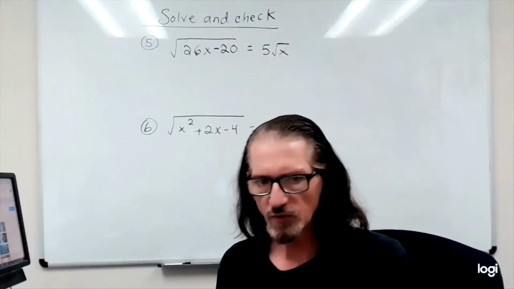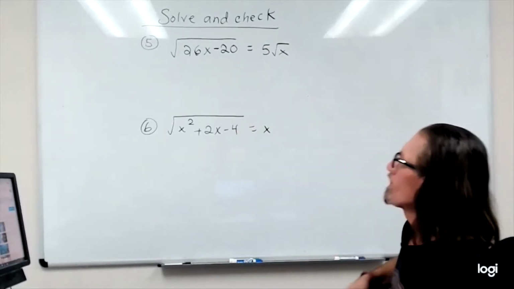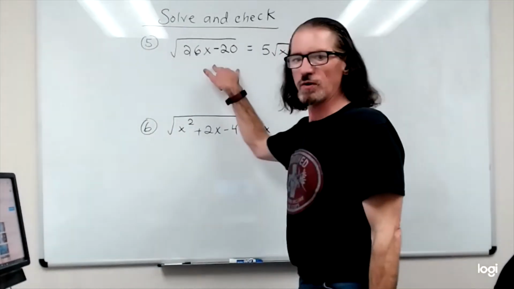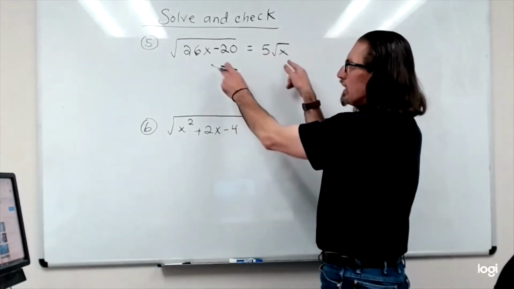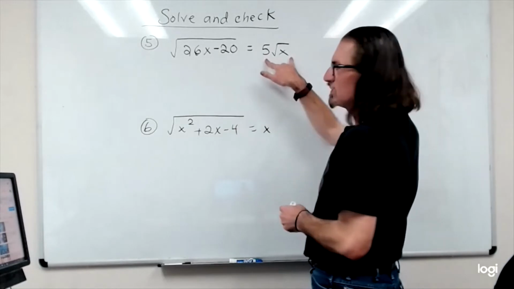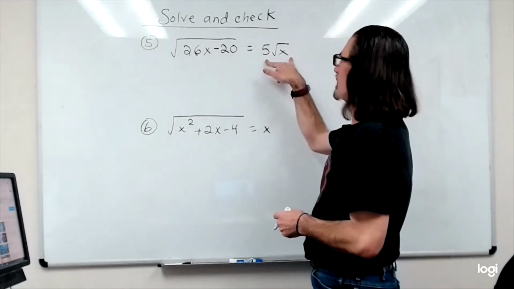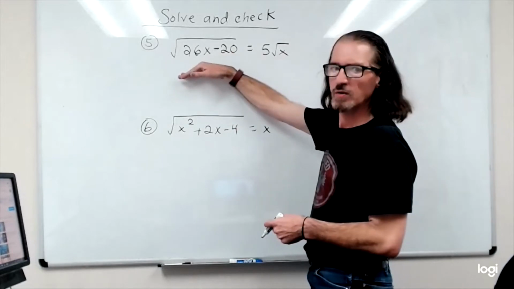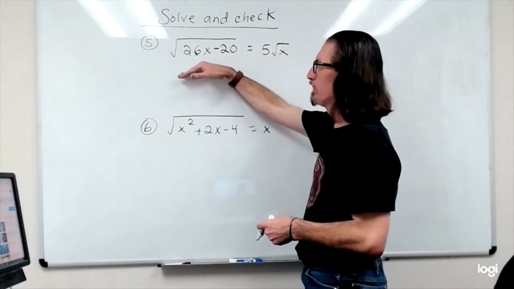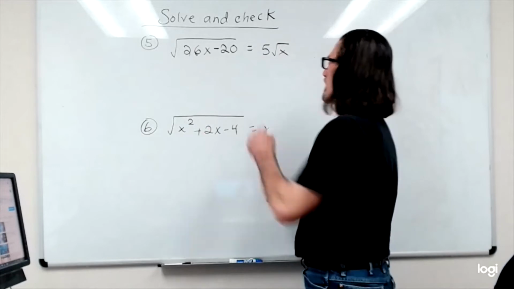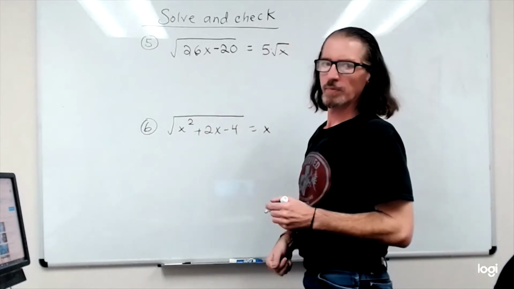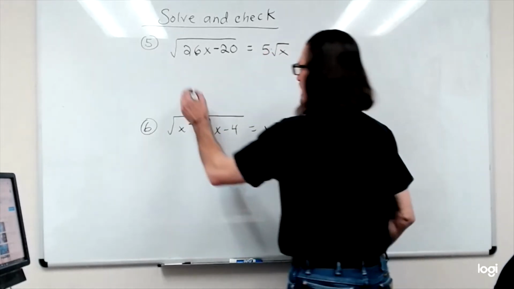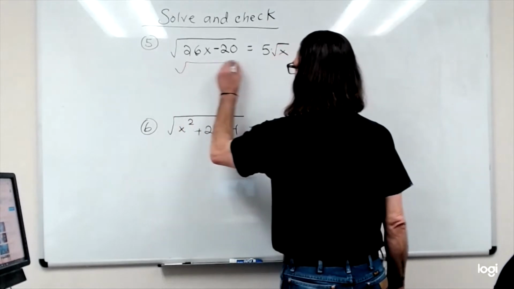Here's 2 more similar to that. Unfortunately, we're not going to be able to isolate this square root, because if we do, we'd have to divide by 5, which would mean that this one is not isolated. So the good thing is that that's multiplication, and if I square both sides,